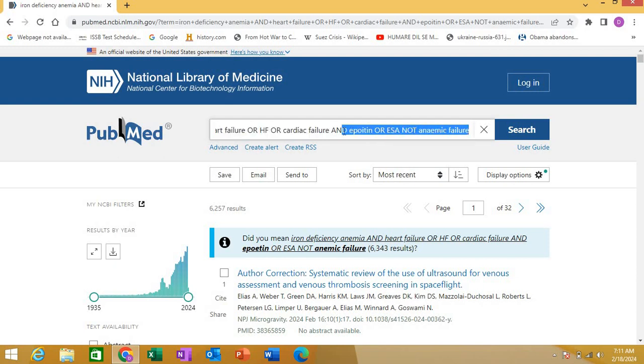I have selected this whole search term. You can copy and paste it into your Word document or list it for later use in your paper. So see,